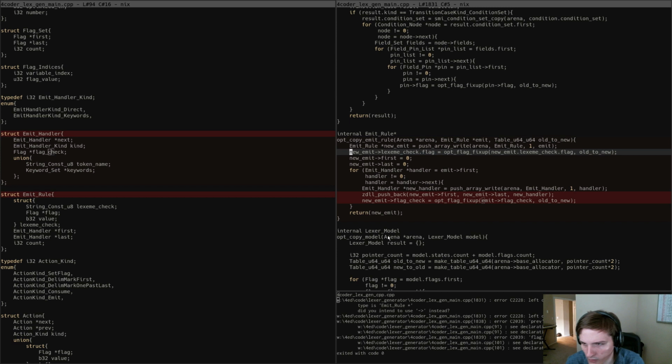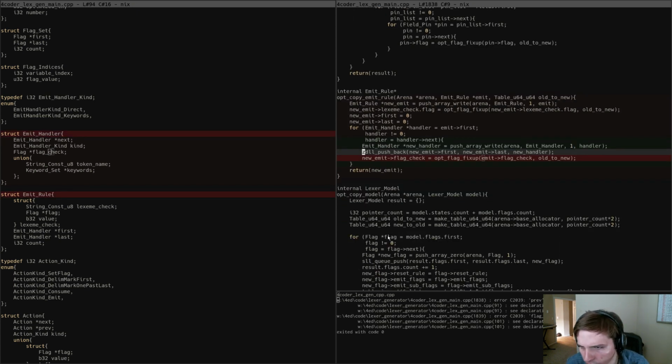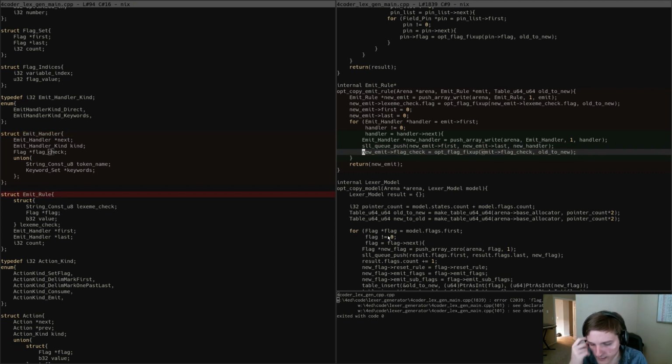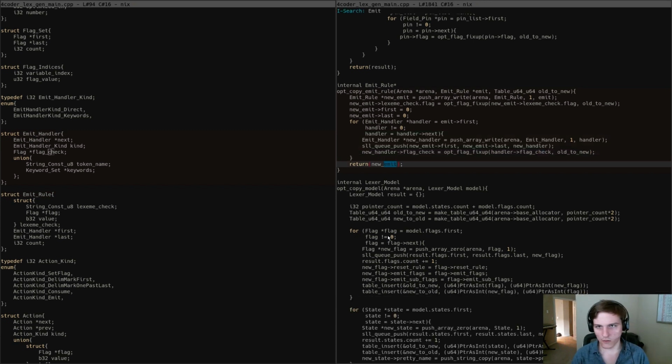What do we got here? What are you upset with? So opt flag fix up, new emit, you want to dereference there. I get it. New emit first, last, new handler. Why don't you want to put the new handler on that? Oh, it's not a ZDLL, it's an SLLQ push. Okay, and then flag check is not a member of emit rule, so you're right. This should be on the new handler, and this should be on the original handler. There we go. Okay, so now we're doing a deep copy of our emits,